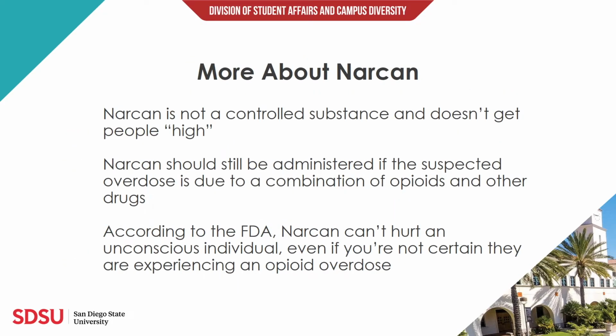It is also important to note that Narcan is not a controlled substance and doesn't get people high. Narcan should still be administered if the suspected overdose is due to a combination of opioids and other drugs. As the FDA has shared regarding Narcan, naloxone works in the brain only, binding to the opioid receptors and blocking